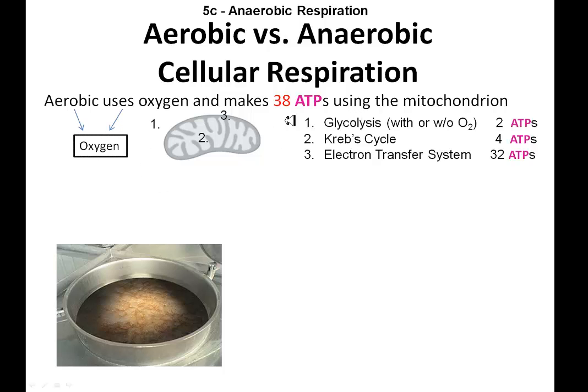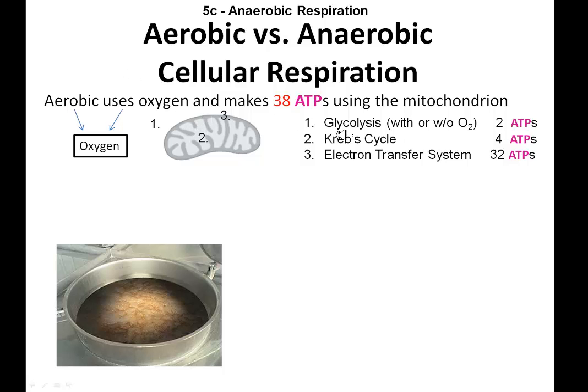Oxygen, glycolysis happening out in the cytosol out here, and this happens with or without oxygen. This can make 2 ATPs, and that's what these guys are doing down here. Krebs cycle, which we do in the matrix, is we can take the pyruvate, which glucose creates, along with the 2 ATPs, and some energy electron carriers. We put it into the matrix, and we can pump it up to 4 more ATPs, and then we take those more electron carriers